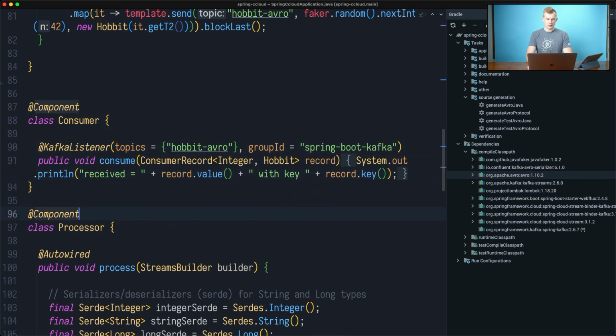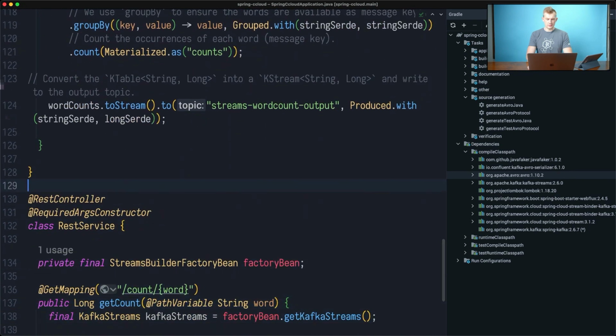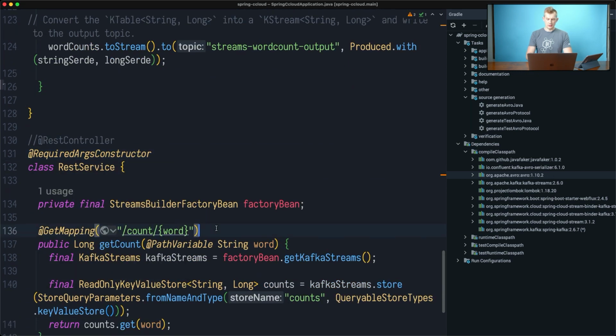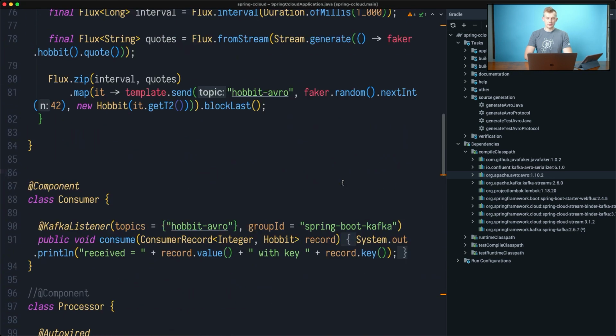So that's our consumer. We don't need to use a processor, so that's why I just commented out these annotations, so those methods wouldn't be created, and the REST controller as well, just in case, because we don't need this for now.